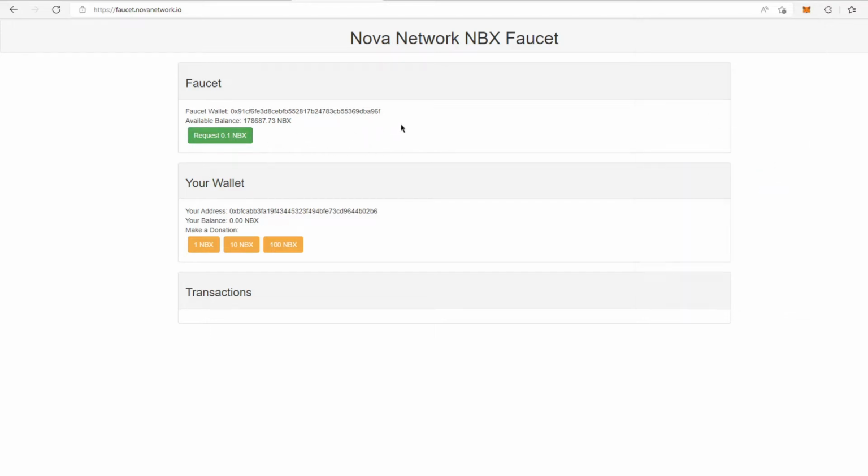All we need to do now is to go ahead and request some NBX to be sent to our wallet, and we can do that using this button over here. At times this transaction might take several seconds or just a few seconds. It all depends on the network itself and how much traffic is going through the validators and a bunch of other factors at the time that you submit the transaction. So you will know that your transaction has been submitted because you will see a transaction hash